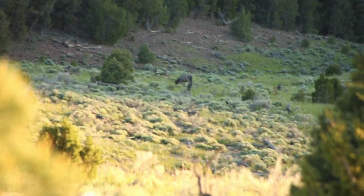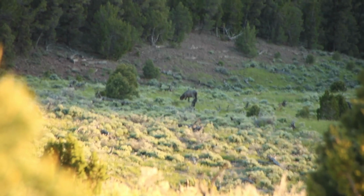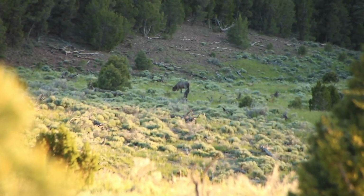There's a horse right down below me. It's probably 400 yards away. I'm not going to go any closer. I do not want to mess with these things. The ones up on the hill that I saw earlier today were making all sorts of noises and honestly sounded pretty mean, so they're probably not used to humans at all. I don't know if they would run away or run toward me, but